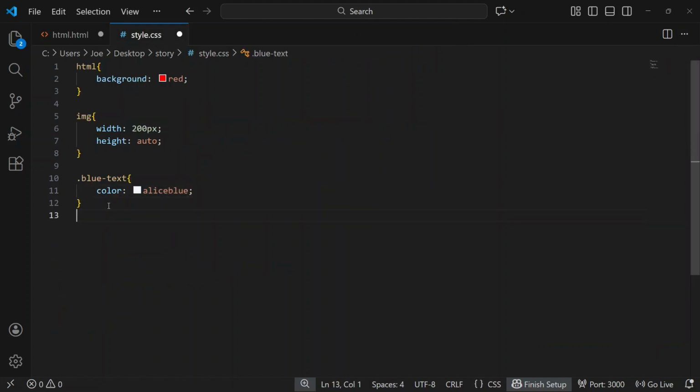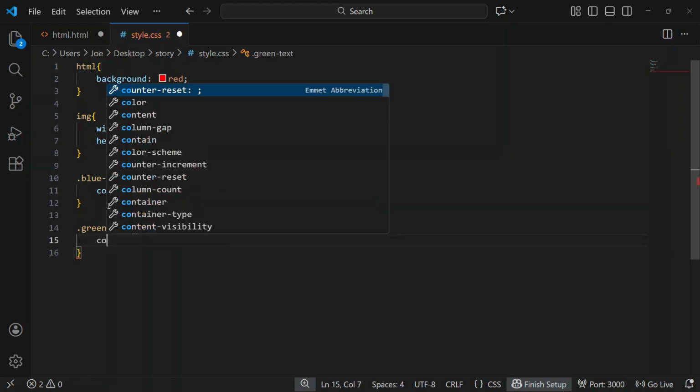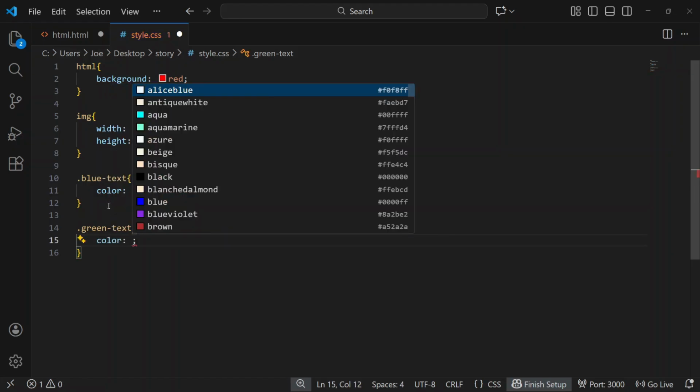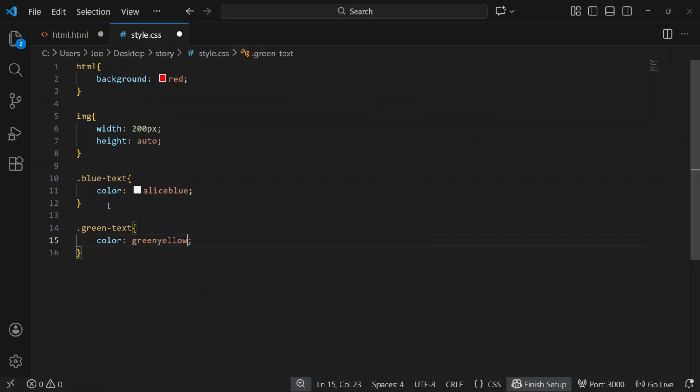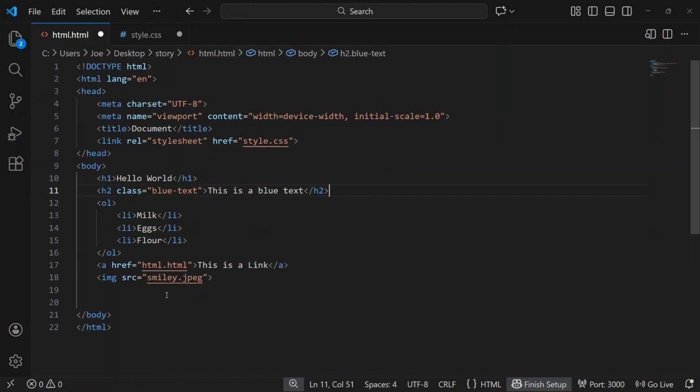I want to also put a dot for the class selector, and this is going to be green text. I want to put our curly braces. I want to put color, and our color has to be greenyellow. Now let's go to our HTML script and put our h1,